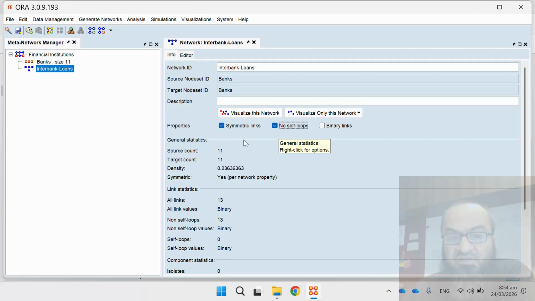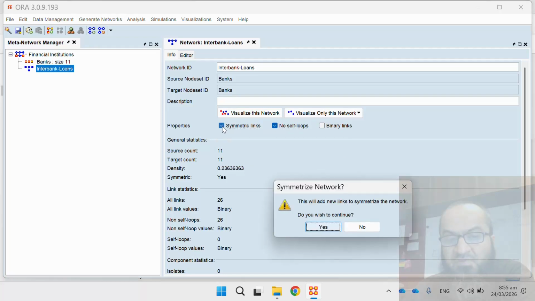So the links are always binary and it has been symmetrized, it has been checked. It means it was initially a directed network, but somehow we have symmetrized it and it has been made an undirected network. So this is the way we can symmetrize a network, we can remove the self loops, and we can binarize the network also if it is a weighted network. Anyway,